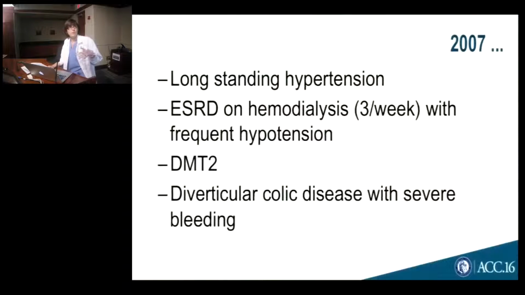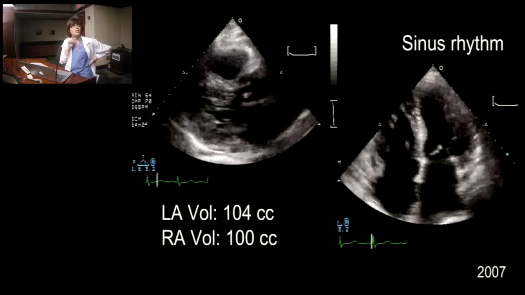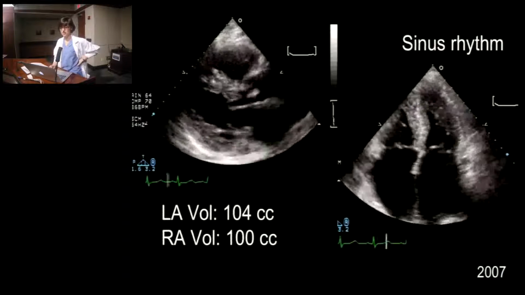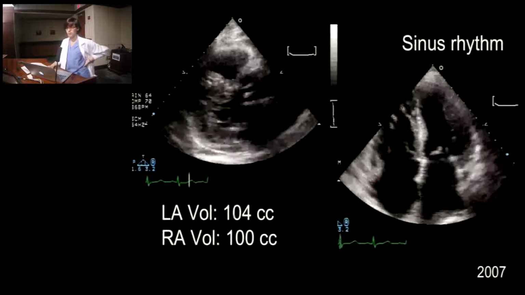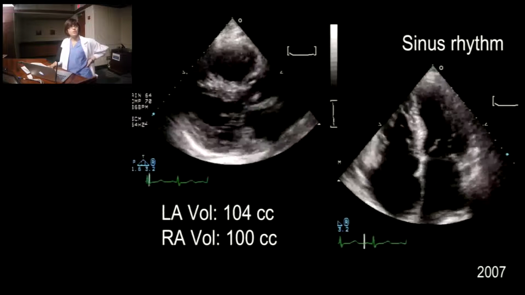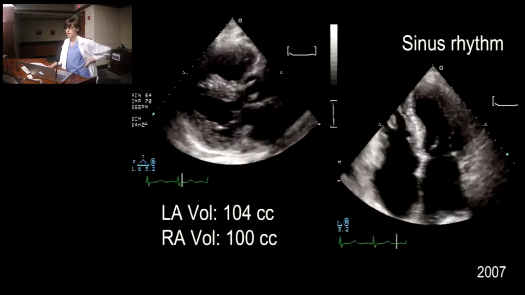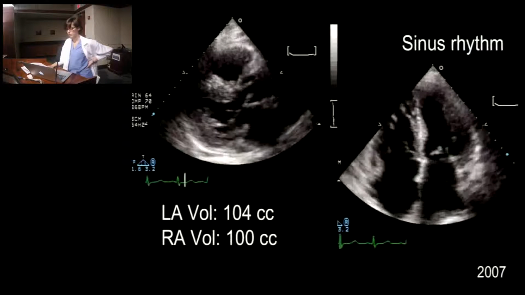So on the emergency department workup, she had a transthoracic echo done, which we are seeing here. I'm sorry if the loops are not looping. That's the issue with my computer. It will be fixed. So here we see basically the parasternal and the apical four-chamber. I just want to point out the fact that the patient is in sinus rhythm with normal LV and RV function and a significant increase in both right and left atrium volumes.